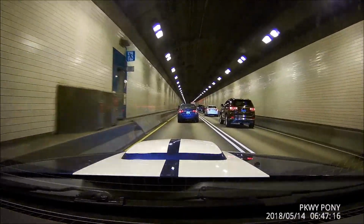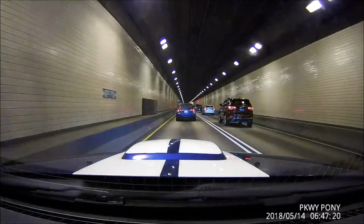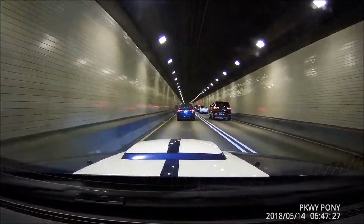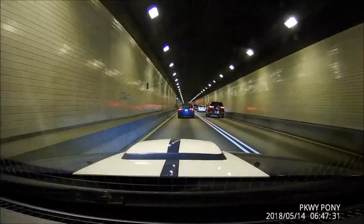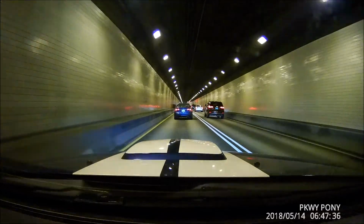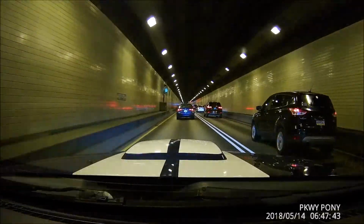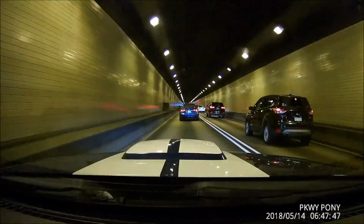So once we make it through the Squirrel Hill Tunnel, things should probably open up a little bit and traffic will be flowing at a normal pace. Why it doesn't do it up until this point, I have no idea, other than all the oncoming traffic to the parkway. That's what slows things down, all these merge points, people shuffling lane from lane. They really need a through lane designated for inbound traffic,